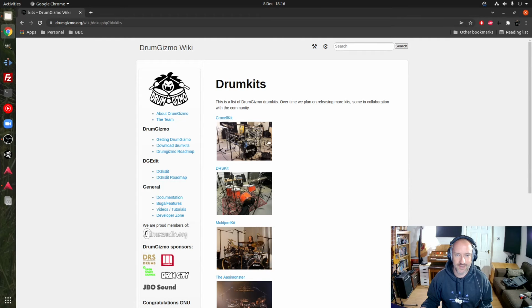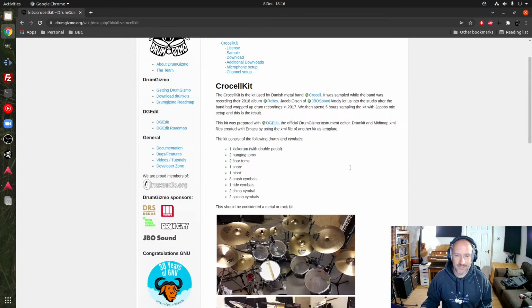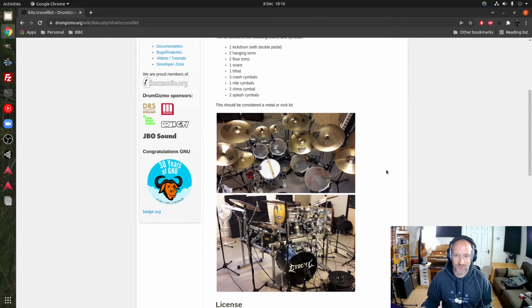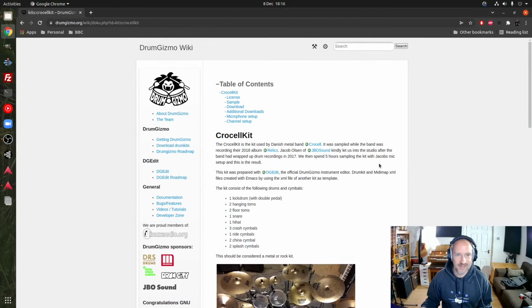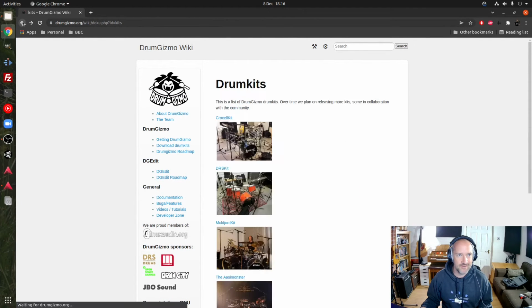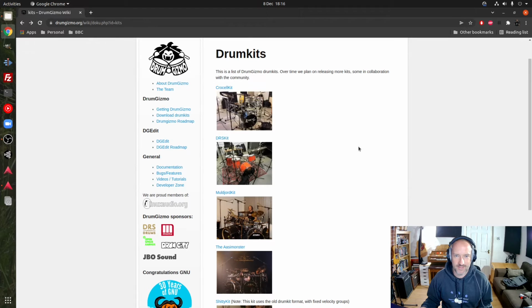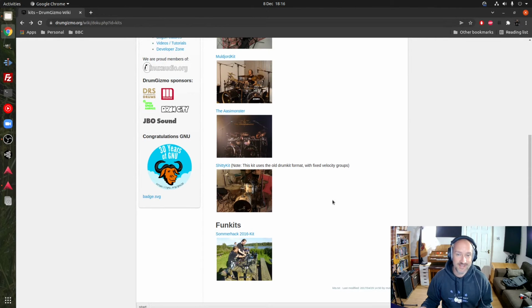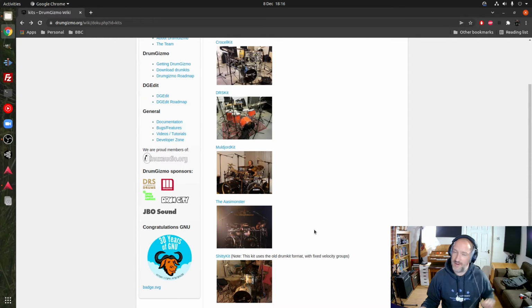So you've got Cross-L kit. This should be considered a metal or rock kit. It's raw. I suspect these lads are Scandinavian. They just look like they're probably Scandinavian. I'm not sure. DSR kit, Muljord kit, and the Arsi Monster. And the shitty kit. That's rude, lads. And then they've done this one where they've just banged things outside. I've never used that one, but I've used